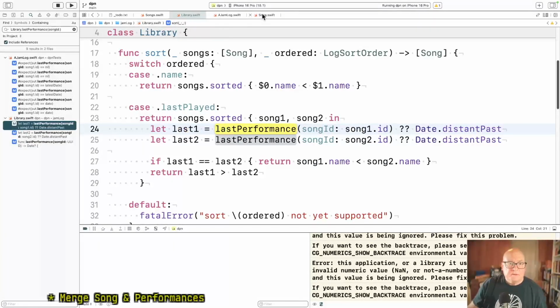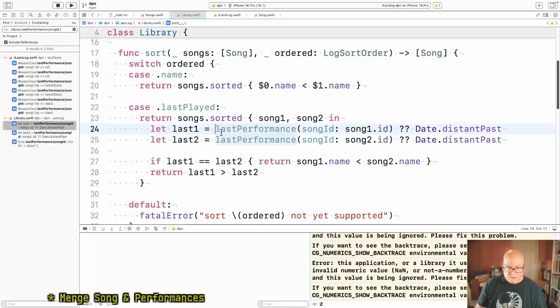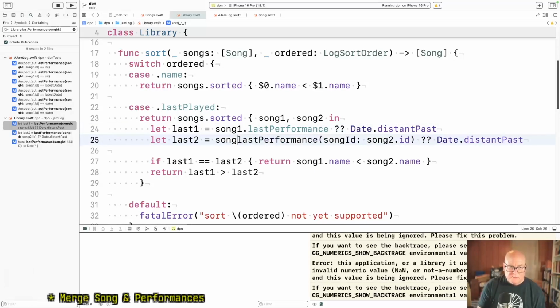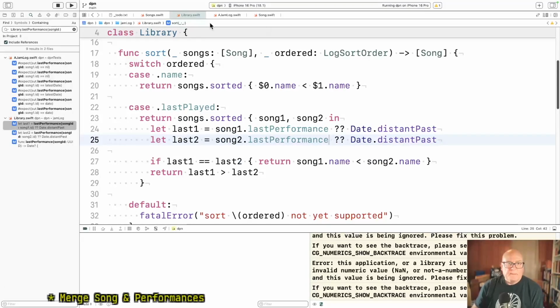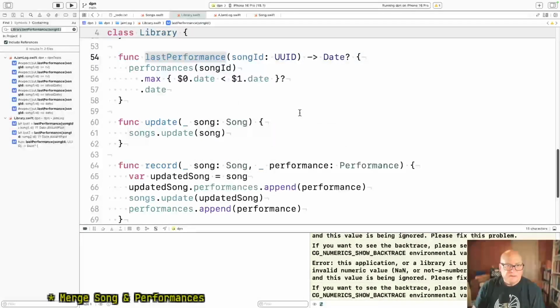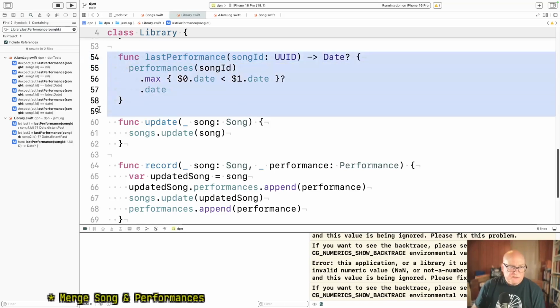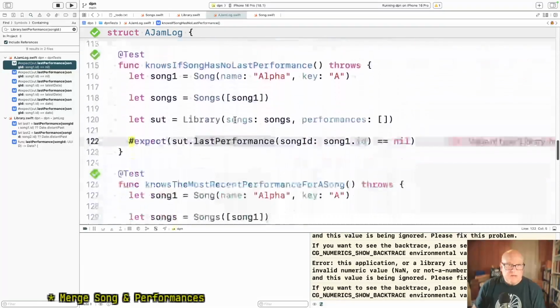Okay, so I think we gave song last performance. So we should be able to say song 1 dot last performance and song 2 dot last performance. Okay, now nobody's calling this. All right, nobody's calling it except the test. But so this function can go, but these tests, I think they maybe belong on song.